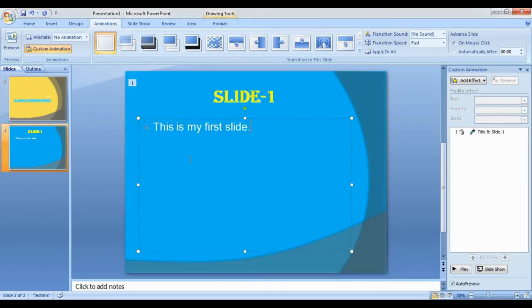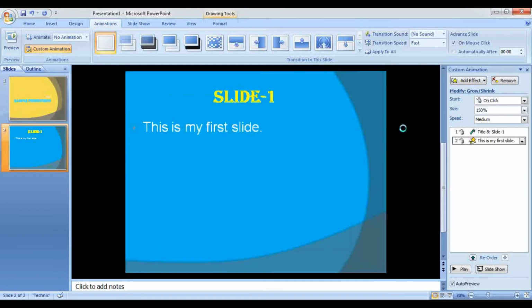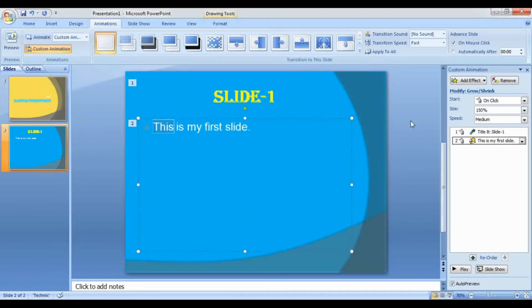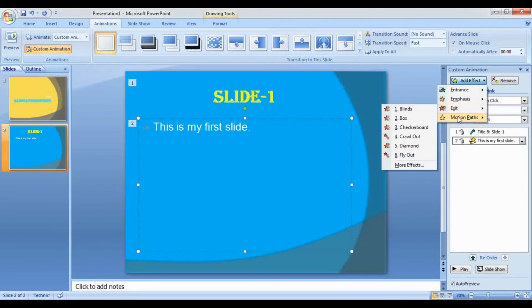So I'll apply first to this. I'll apply some emphasize. So grow and shrink. I'll apply this. So if you see here, the text is growing and then it's shrinking. So similarly, you can apply the exit effects and you can apply the motion path.